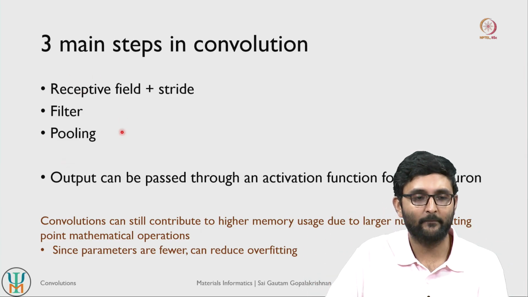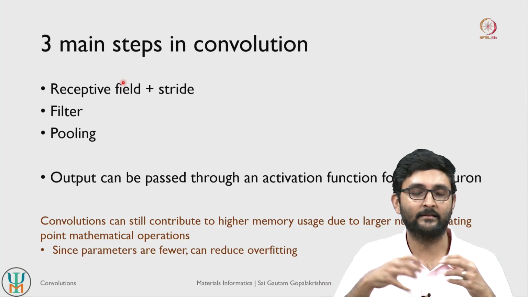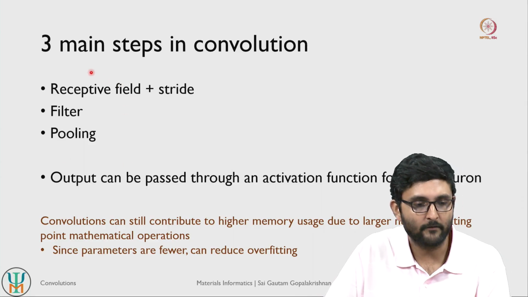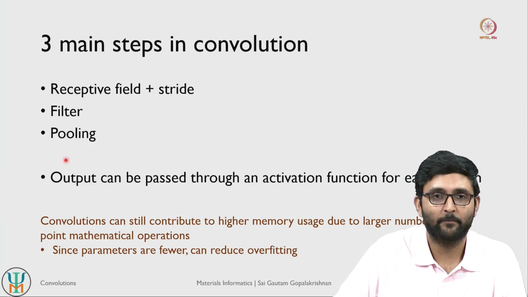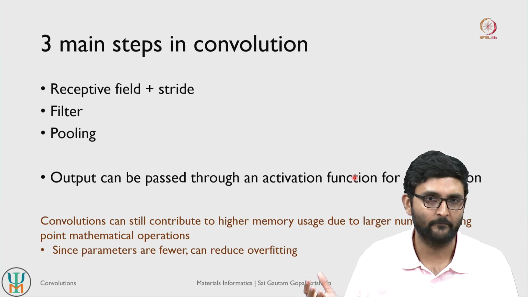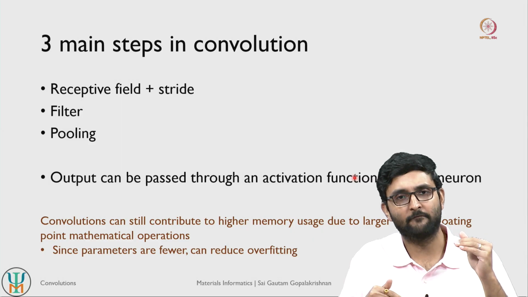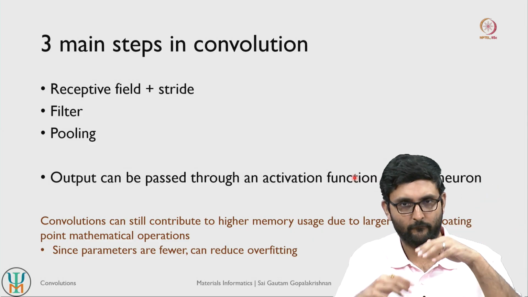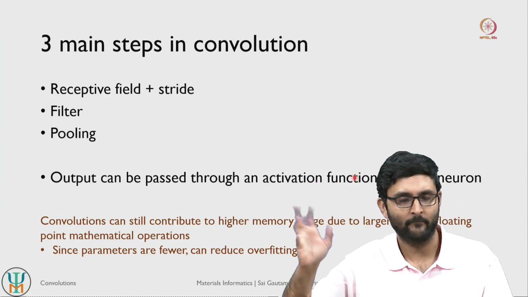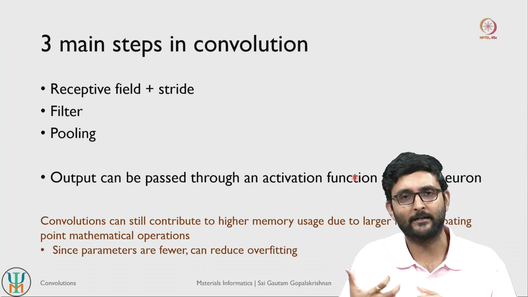So these three are the main components in any convolutional process, and hence the main components in a convolutional neural network as well. Once you go through these three processes, the eventual output can be passed through an activation function. In a convolutional neural network you have the flexibility to have activation functions for each neuron within a convolutional layer itself, or you just have an activation function at the very end in your output. Both are possible, and that's a design choice that we have to make depending on the complexity of the